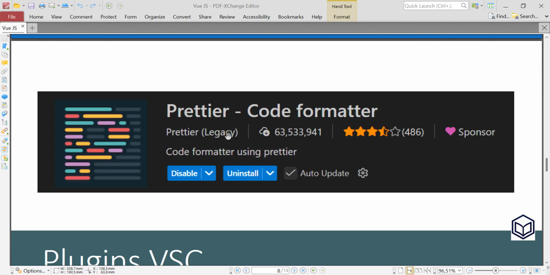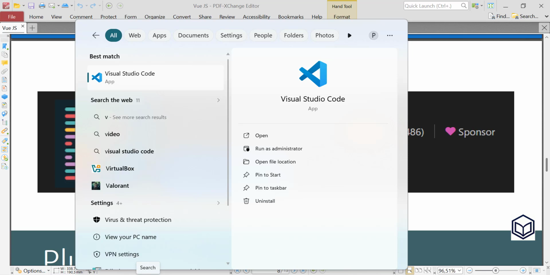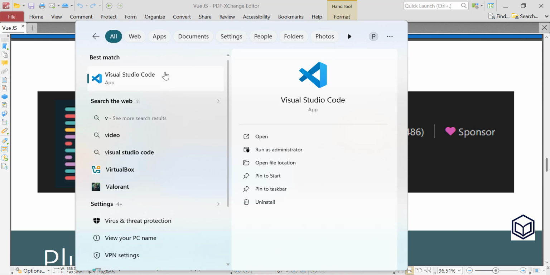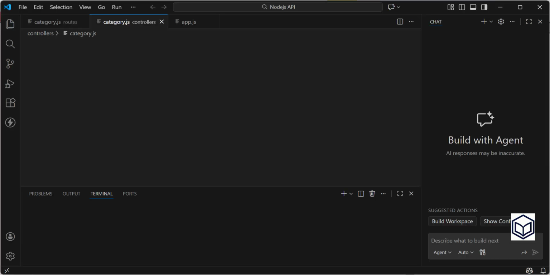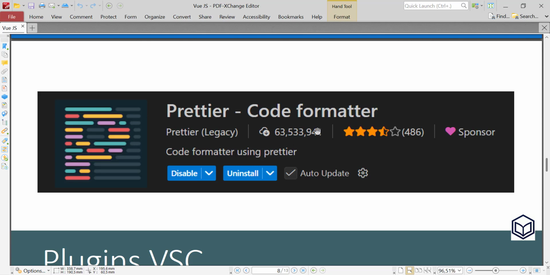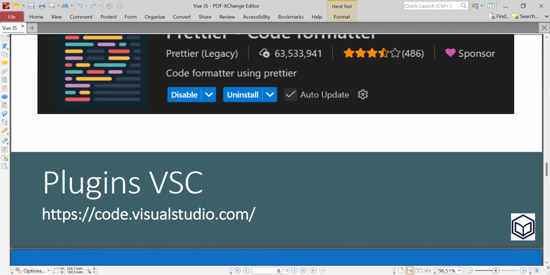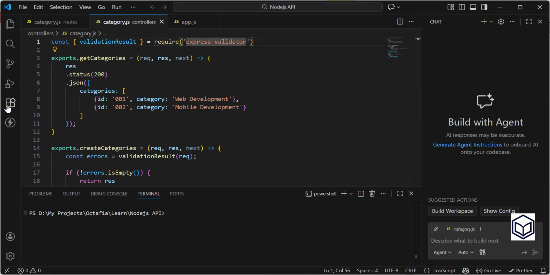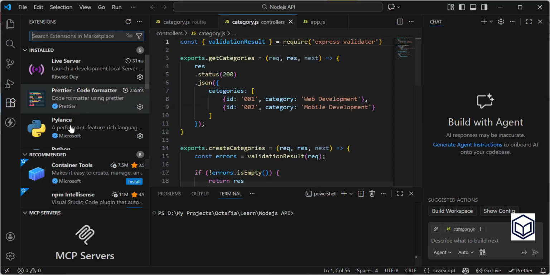In this video and the next, I will use Visual Studio Code. In Visual Studio Code, you must install the Prettier plugin as a code formatter, and you can install the Vue plugin from the extension site.